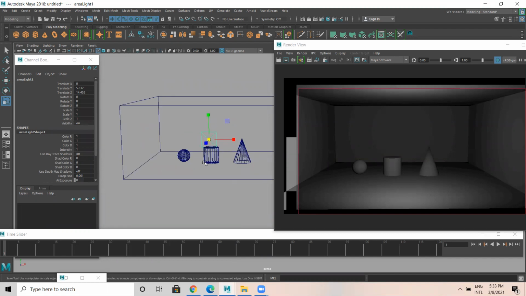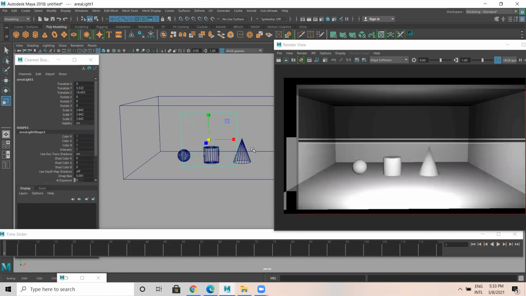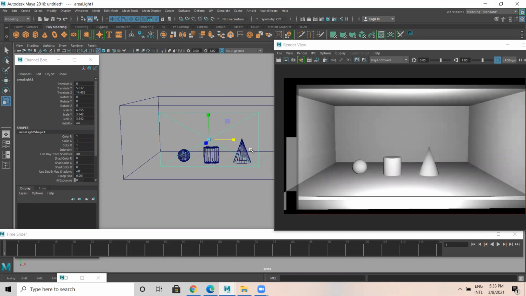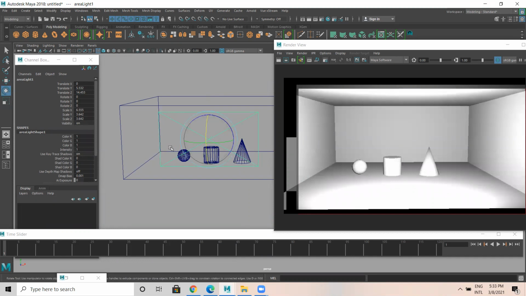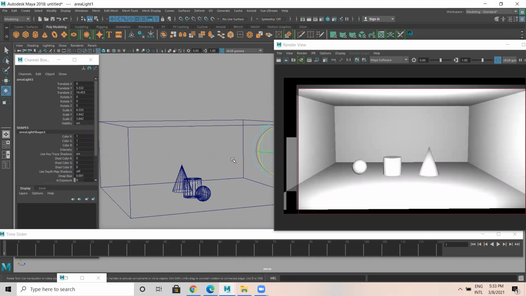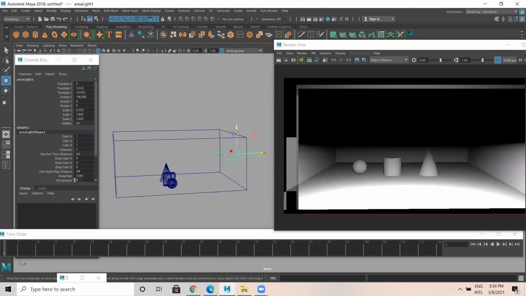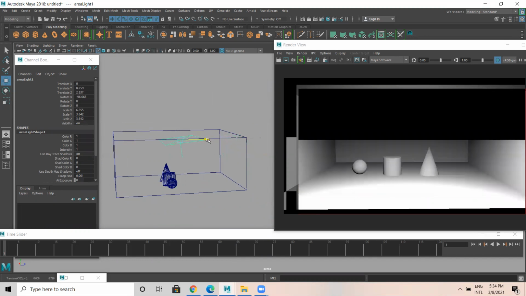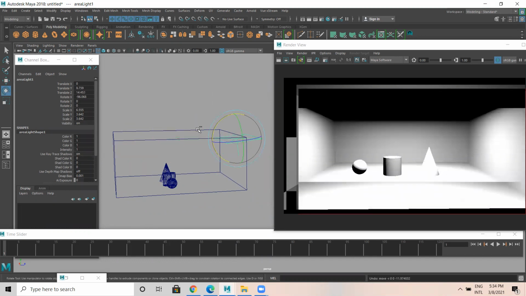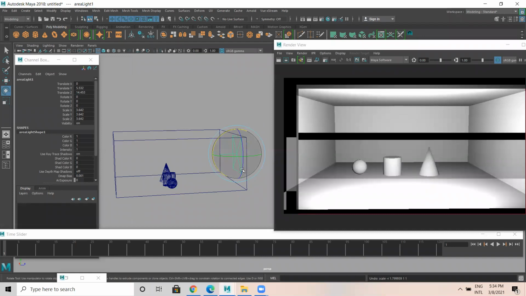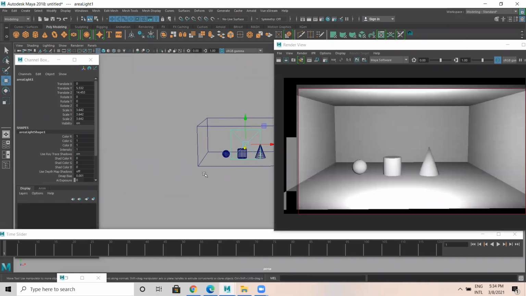As I increase this, you get brightness also. You remember last time when we did interior texturing, I used this light. But that's from Arnold. Even Arnold has this kind of light.